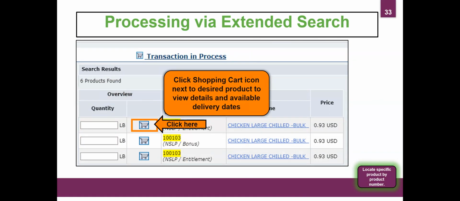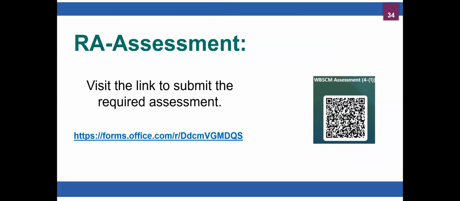But before we do that, we're going to take a brief assessment. So you can take a picture of that QR code or the bit.ly. This one is asking which image shows the extended search feature for processing. And we understand that not everyone processes, but we want to make sure you guys have that knowledge in case that is an option that you decide to pursue. So I'll give you a minute to select your answers.